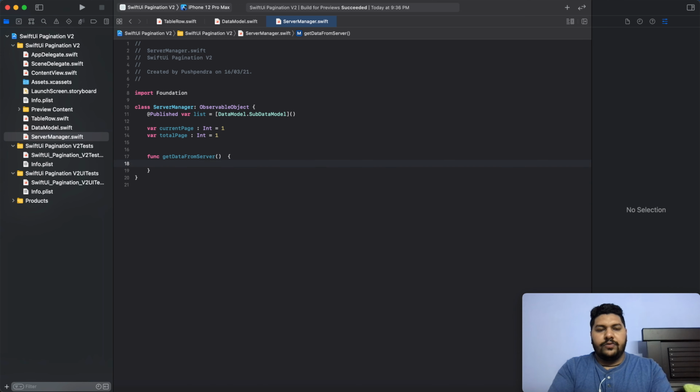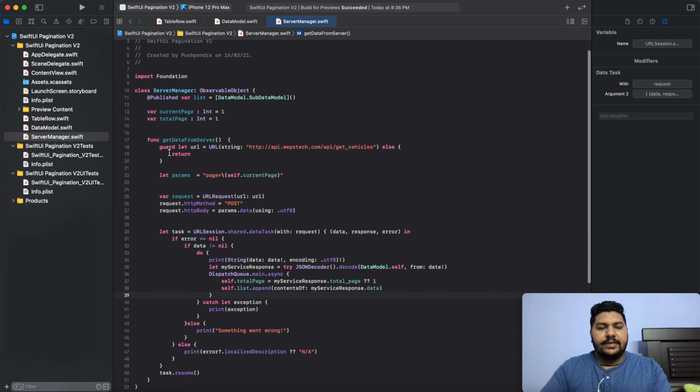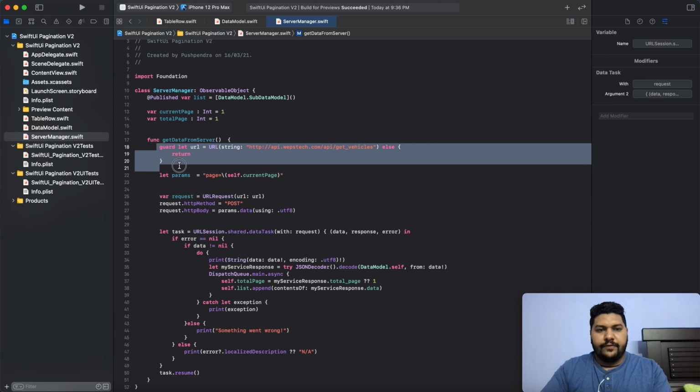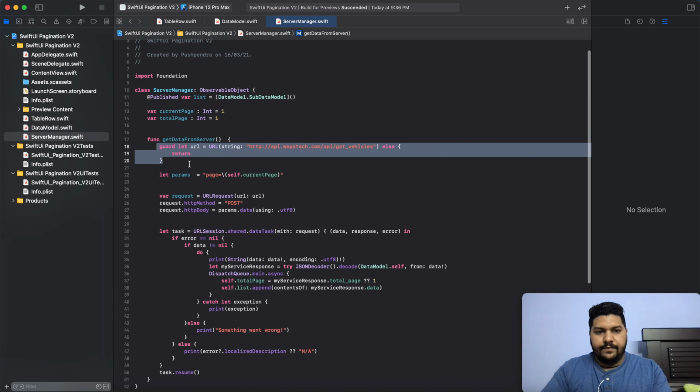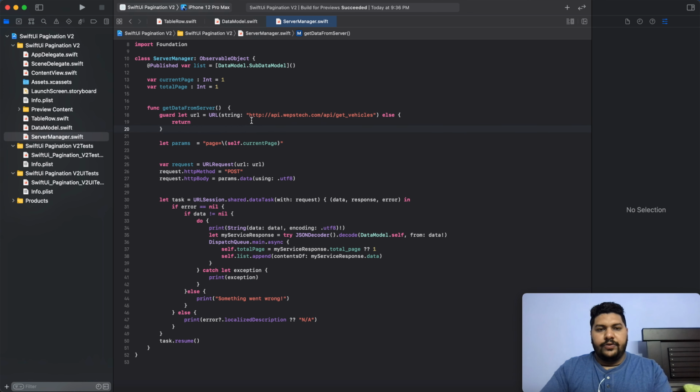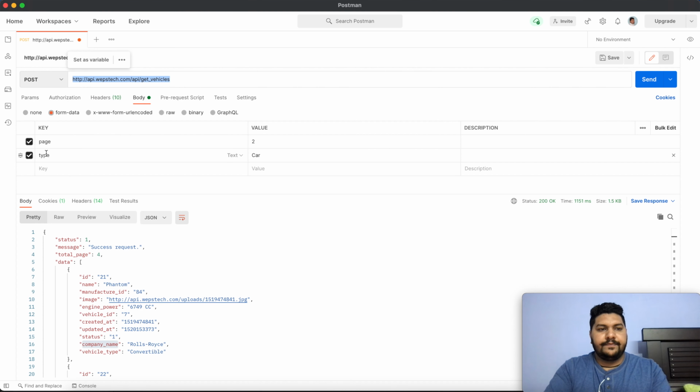Over here we need to write the server code. So here you can see this is my server code. First of all I am parsing my URL, and do not use this same URL. Okay, you can use your own URL which is given by your backend developer. And then the second thing, I am passing the page as current page, whatever the current page is, and the second parameter as per my API's type.